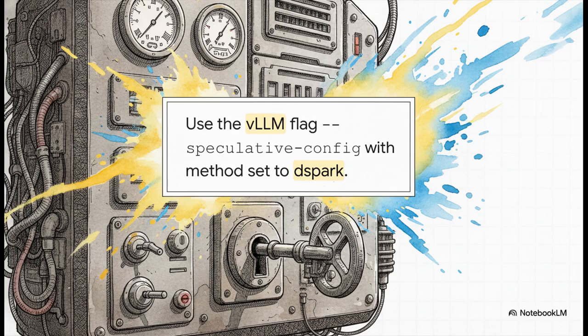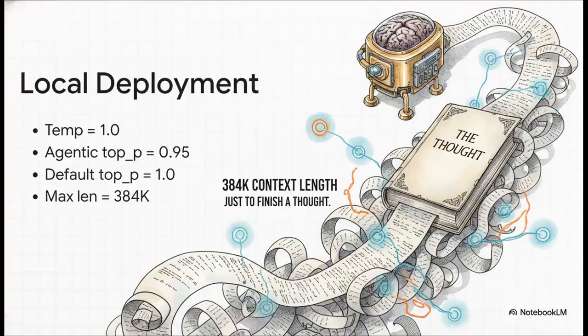Under the hood, this uses a much smaller draft model to quickly guess the next 7 tokens, which the massive main model then verifies in a single forward pass. That is the exact configuration needed to unlock heavily accelerated token generation. The specific local deployment parameters dictate a sampling temperature of 1.0. For agentic scenarios, where the model acts autonomously, top P is constrained to 0.95 to physically rein in hallucinations during